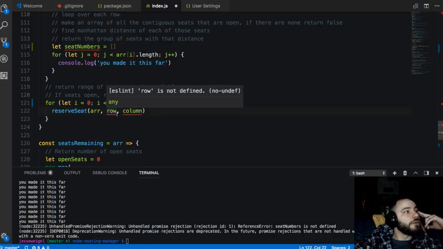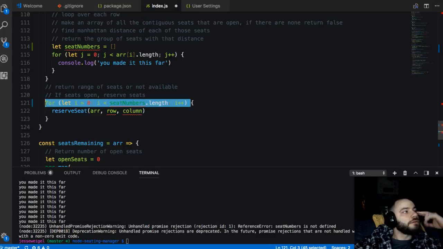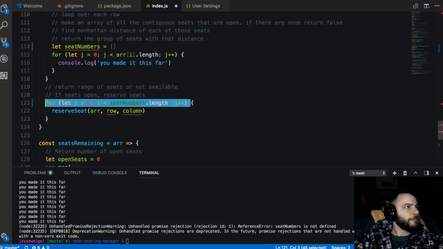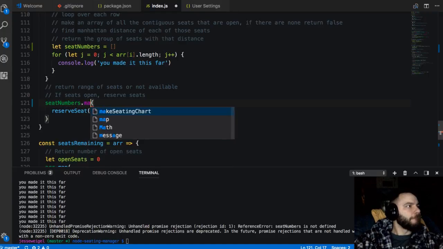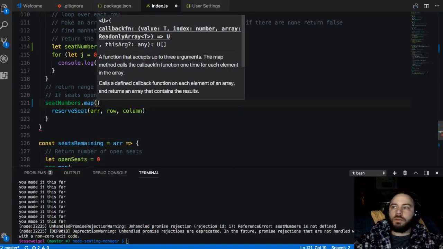I guess this will be an array of objects for seat numbers. So let's change this. Yeah, let's change this and let's go seat numbers dot map, and then we can go